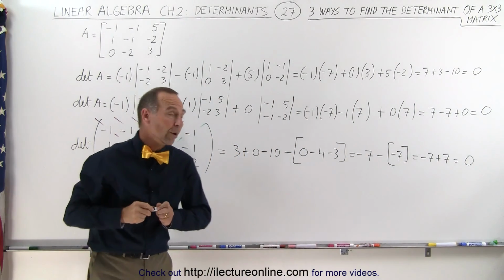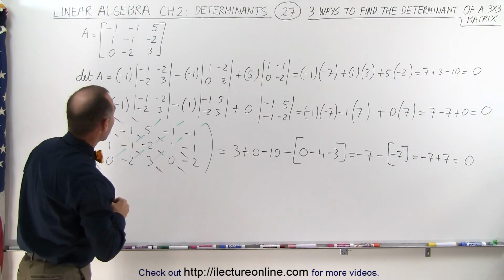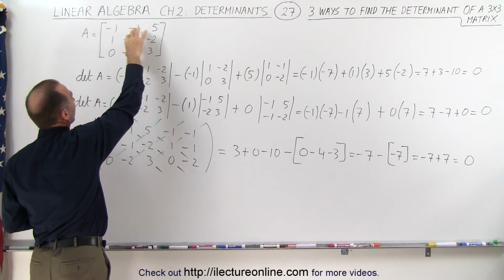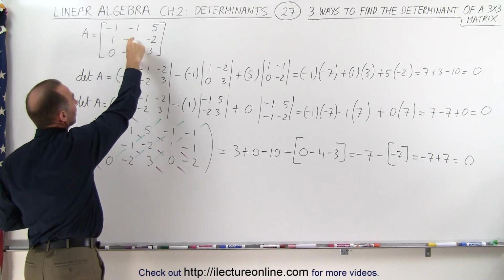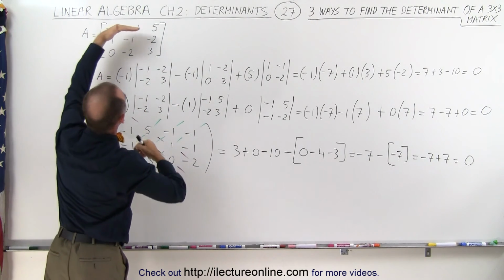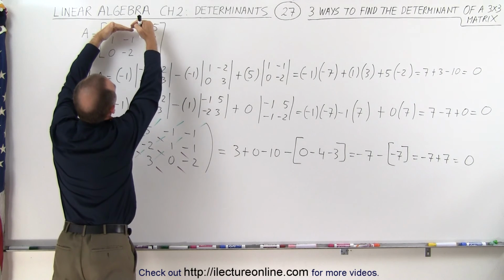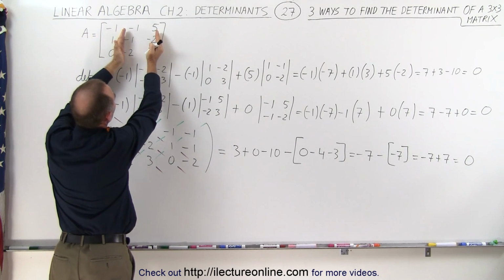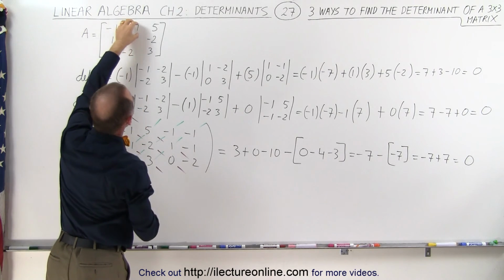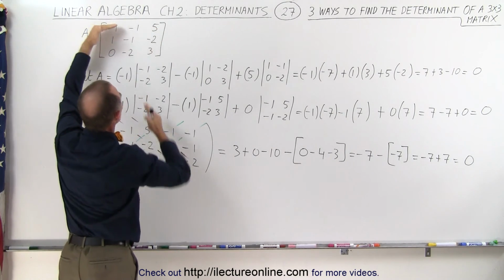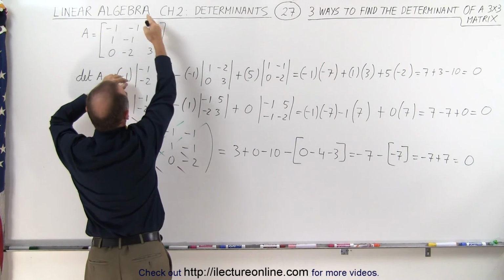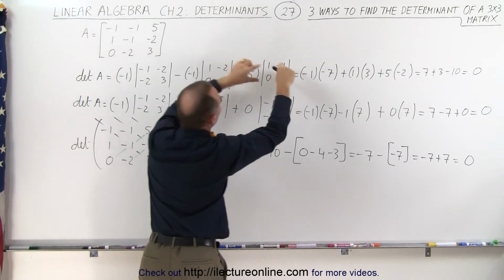So either way you want to find the determinant of a matrix, notice you can take the top row and then work out the determinants of the remaining 4 elements. When you cross out, you take this element right here, you cross out this row and this column, you end up with those 4 elements. You take the determinant of that. You take the second element here, you cross out this row and this column, you take those 4 elements. The third element here, you cross out this row and this column, you take the next 4,